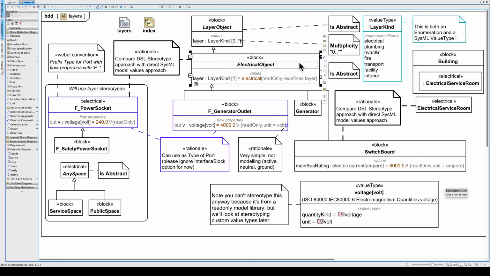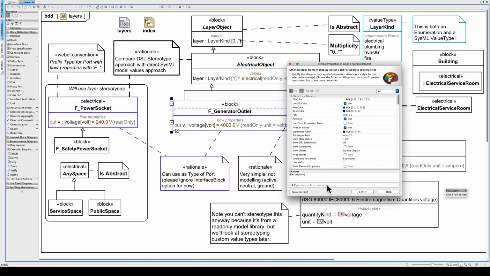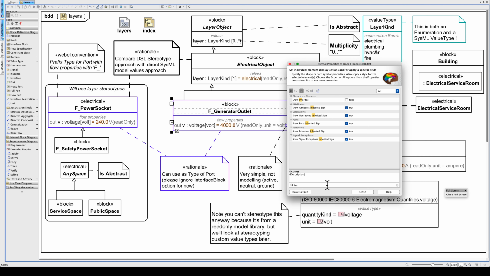Anything that is an electrical object now knows that it has a layer fixed to be electrical. So these guys are going to have that value always. Just to show you that you can see that on a block, if I go to symbol properties, show inherited,